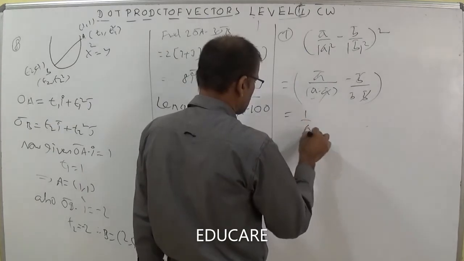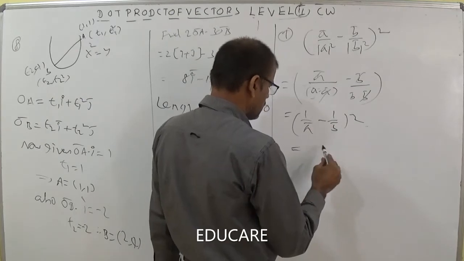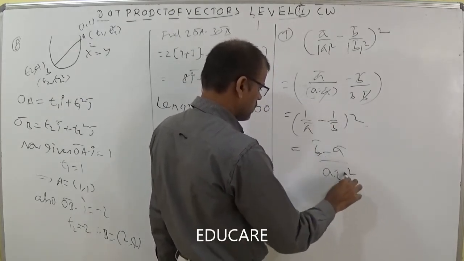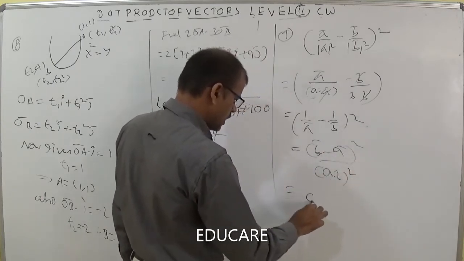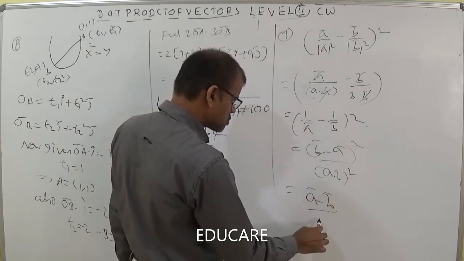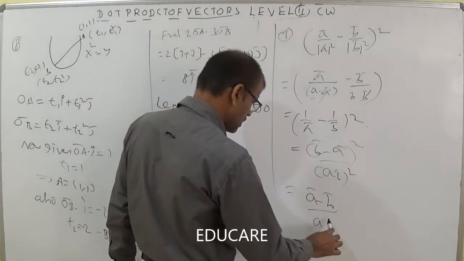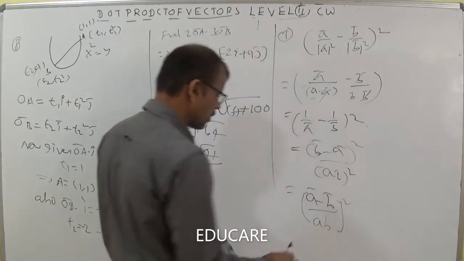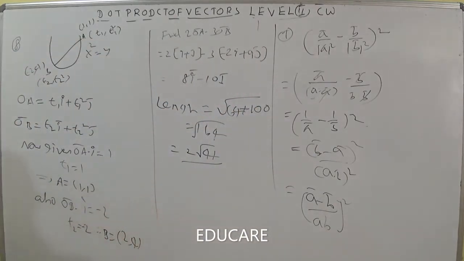You can write here 1 by A bar minus 1 by B bar overall whole square. Taking LCM, you will get B bar minus A bar by A bar dot B bar, whole square. Given as A bar minus B bar, and whenever you are getting the square, minus 4 whole square is 16 and 4 whole square is also 16, so you can write B bar minus A bar also as A bar minus B bar. A bar minus B bar by AB whole square, the given second option.